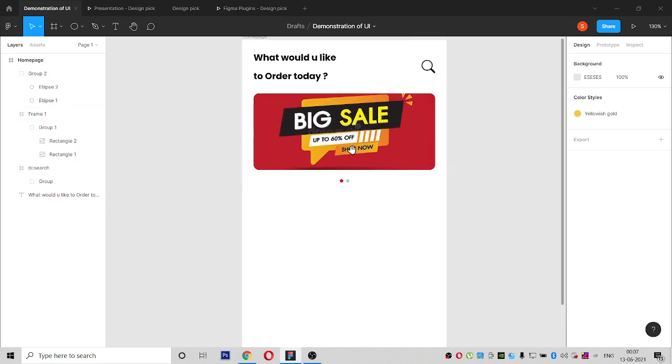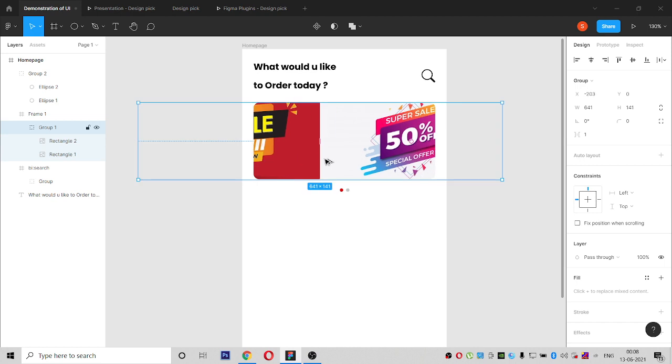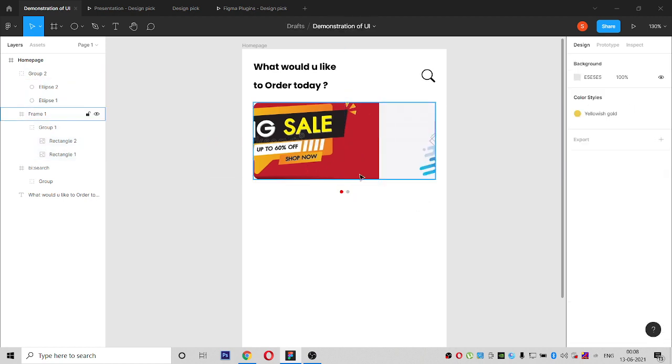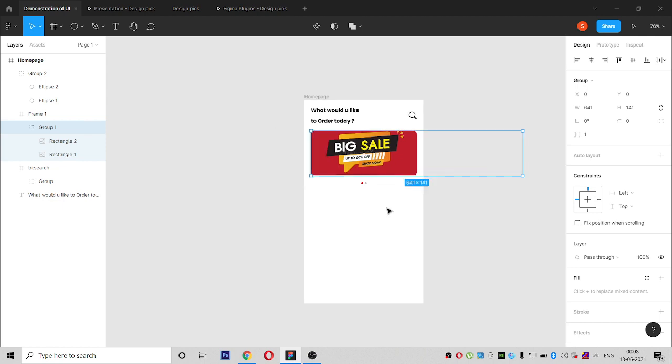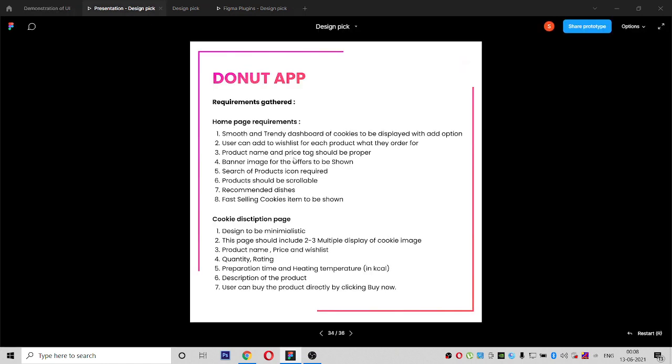See, now I have placed something. So here when we scroll, it will scroll like this, but since it is a design, the user should know that this can move because we are scrolling it. Okay, so then we have placed the banner image successfully, and we have to show some categories of donuts, right?